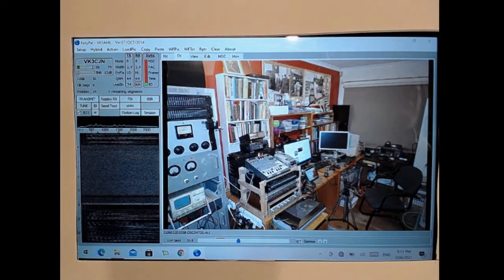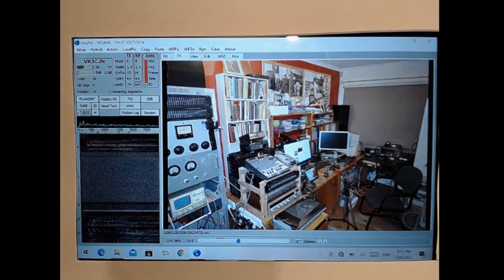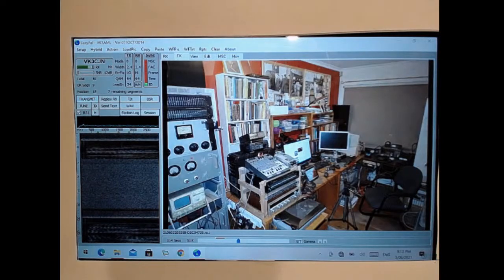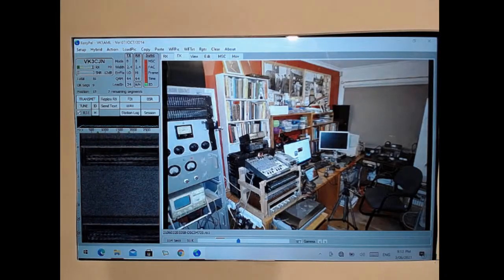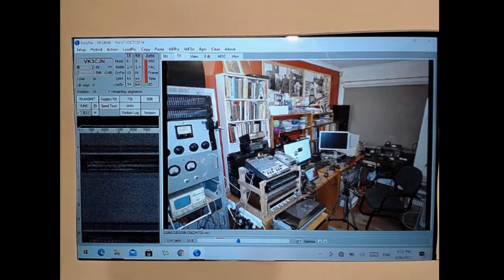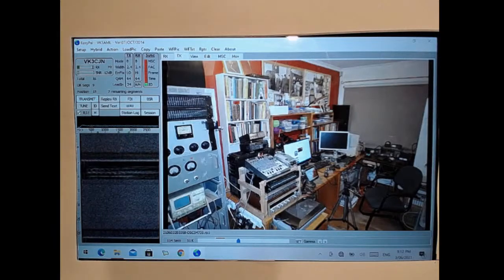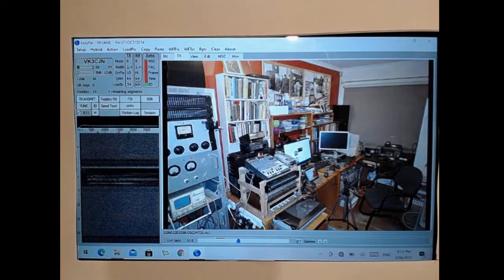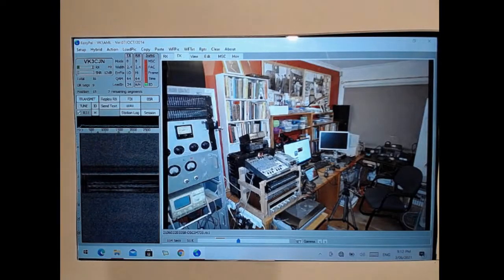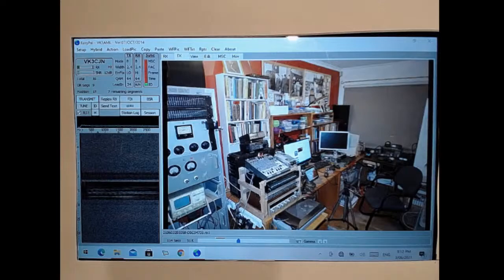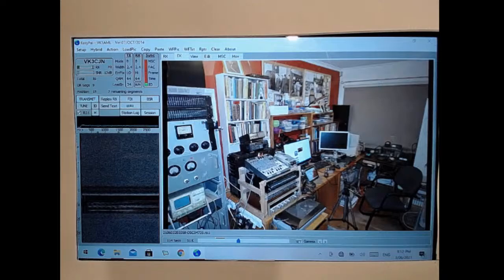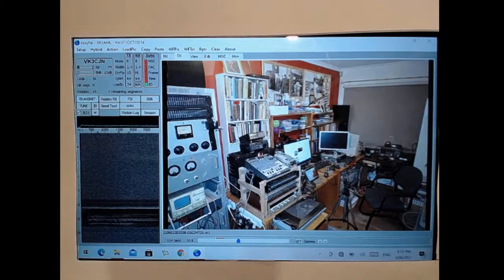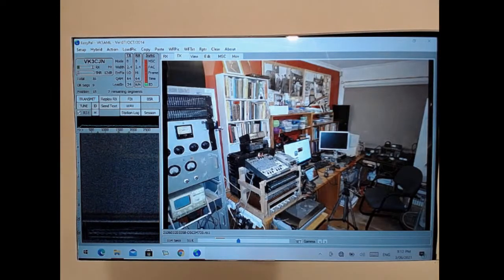VK3AML, comment. Okay, it's just the shack. At the left-hand side is chiefly audio gear in that rack with my Crow. The next rack across, mixer, graphic equalizer, audio peak limiter, audio amp, and above, at the back of that, there's a big black thing. That's the computer, the main computer. And then further to the right, the big screen for the streaming, which is going on at the moment, I hope,